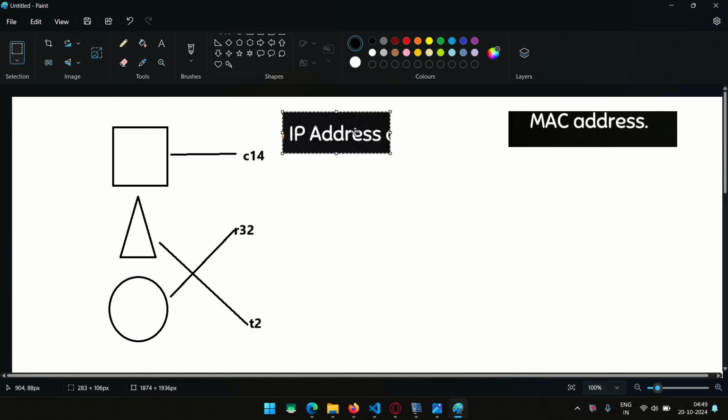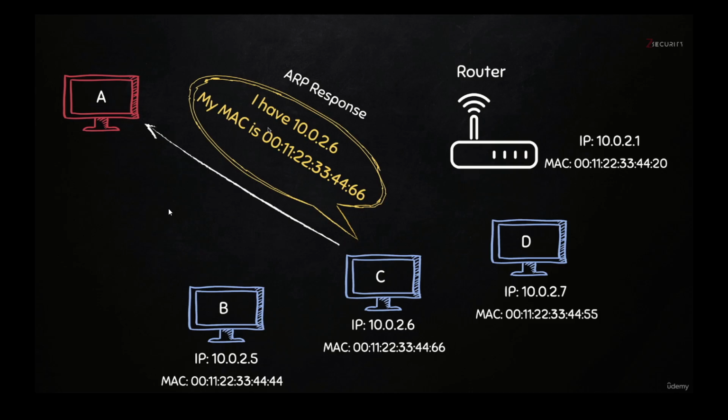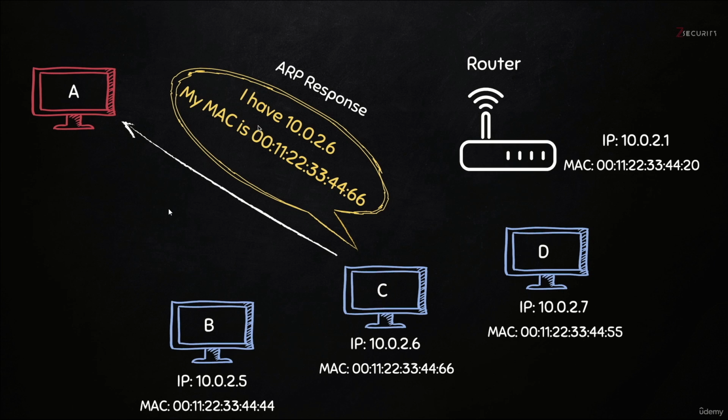Evil among three. I'll show you whose MAC addresses and whose IP addresses these are. Anyway, moving forward. Now what would happen is the hacker will send an ARP, address resolution protocol response.